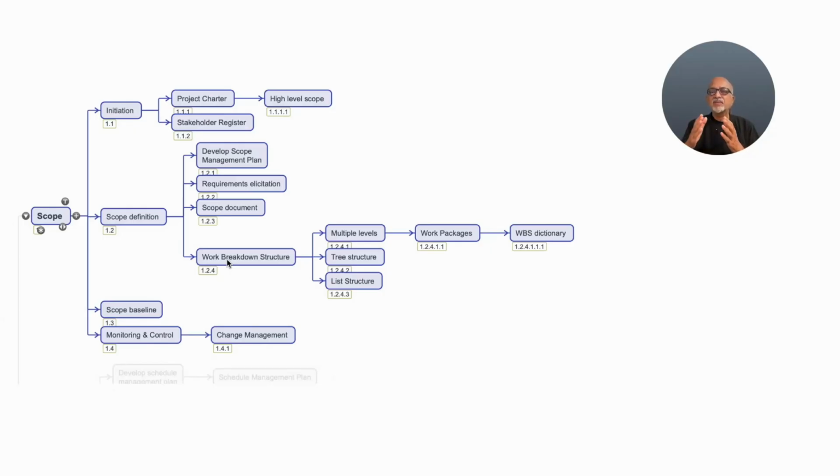It is a deliverable oriented grouping of project work. We have a separate video lesson on work breakdown structures. So, a WBS decomposes the scope document into a tree structure or a list structure. And we have thumb rules like 8/80 rule that says that the scope must be decomposed to a level of